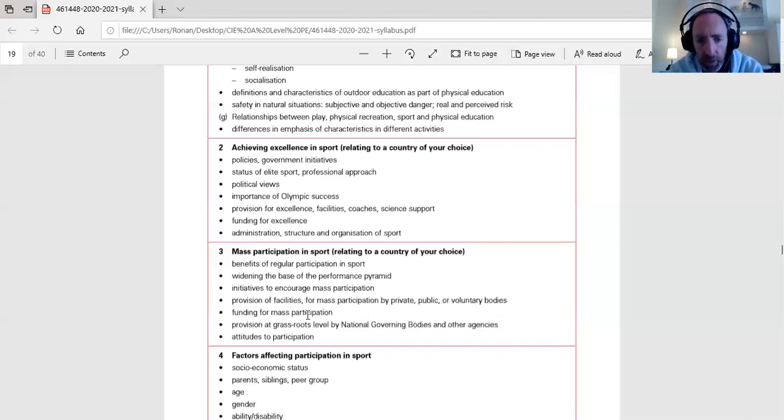The funding for mass participation: where does the money come from, and who can access the money? The provision at grassroots level by the NGBs. We'll focus on the FA as a case study, as an example. And also the attitudes to participation, the reasons why people want to participate in physical activity, and also the reasons they give why they don't. So I'm going to change my screen now